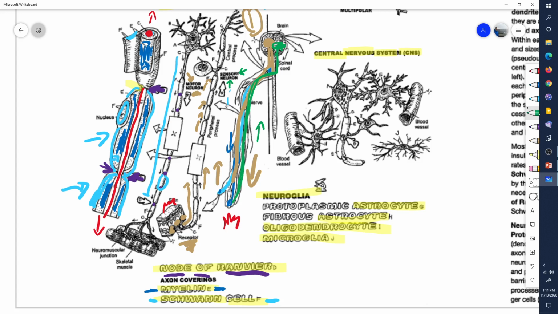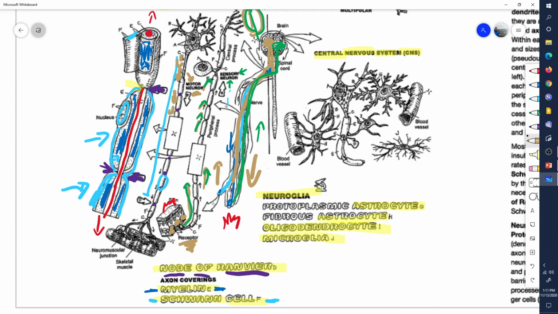This should have been in green, that's fine. From a sensory, up, up, up, up to the brain. The brain says, ouch. Then, through a different neuron, an entirely different neuron called a motor neuron, it sends a signal back down, down,